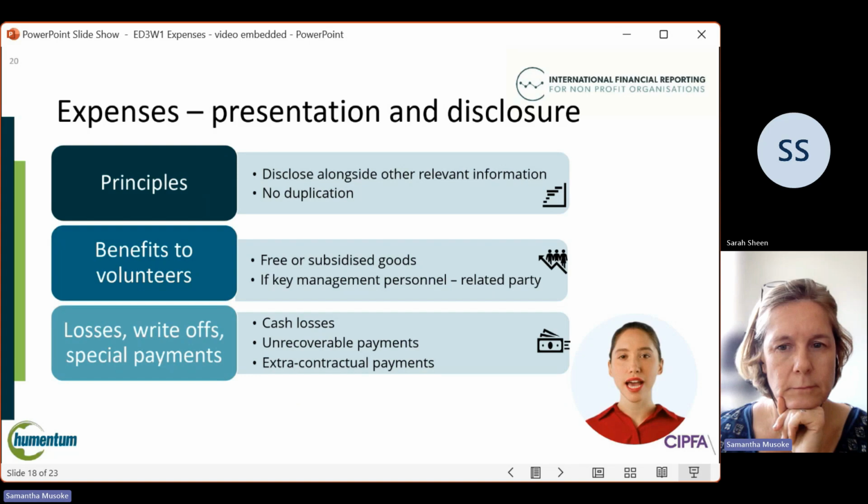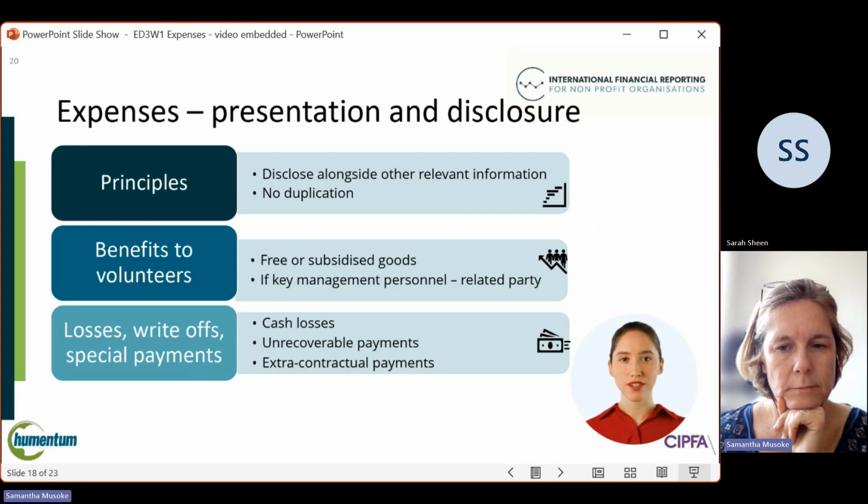Other sections of INPAG require the disclosure of expense information. For example, Section 17 on property, plant, and equipment requires the disclosure of the annual depreciation charged. In developing INPAG, it was decided that if expenses information is required to be disclosed by another section of INPAG, it should form part of the disclosures related to that section, and it does not have to appear in a separate disclosure note about expenses.